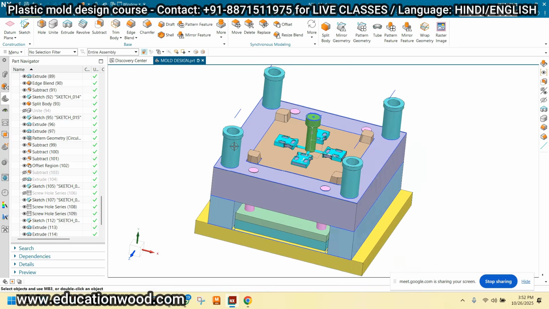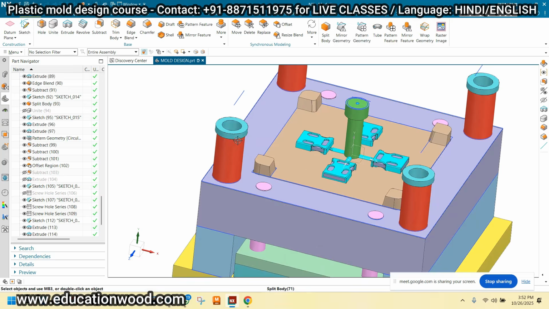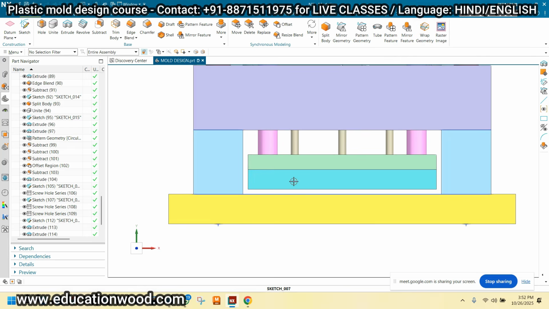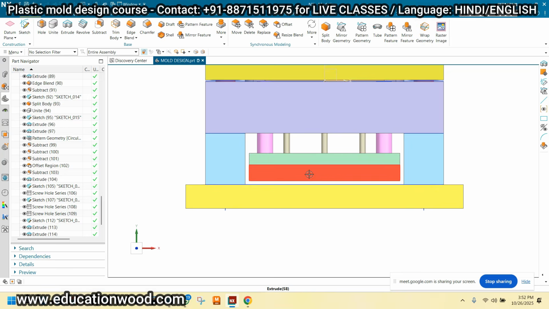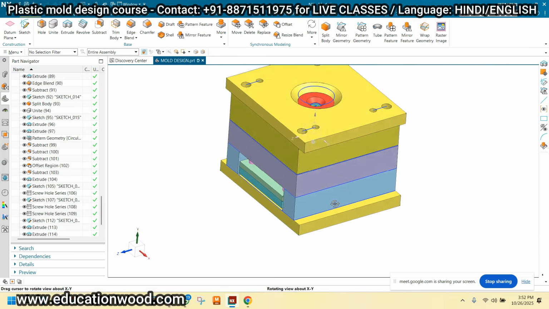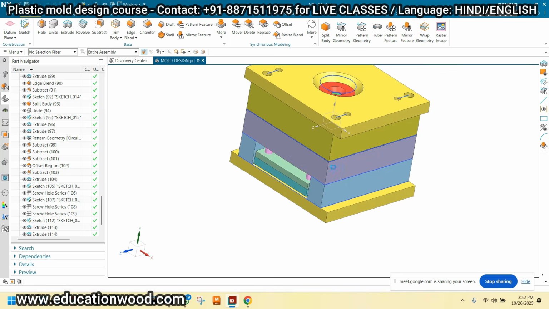Now, as we have created the guide pillar and the guide bush for the alignment of the complete mold base, similarly we have to provide the guide pillar and the guide bush for the ejector grid. Guide pillar is connected with the bottom plate.